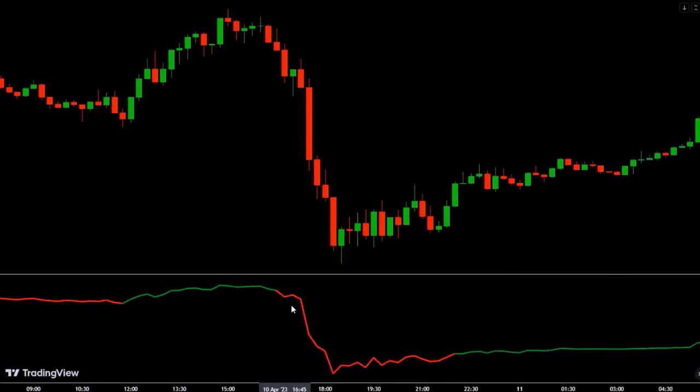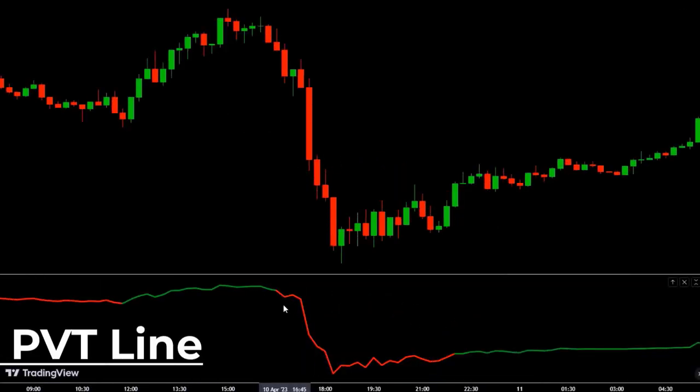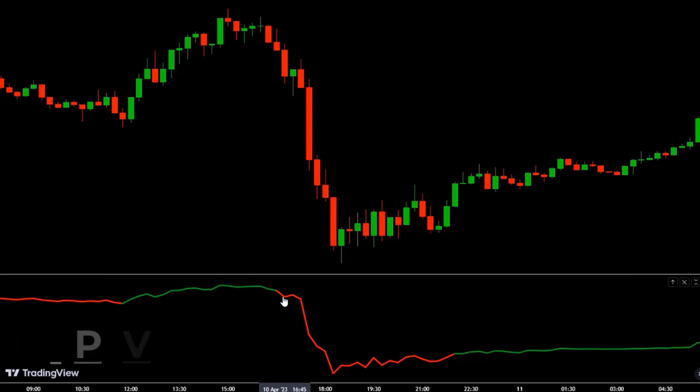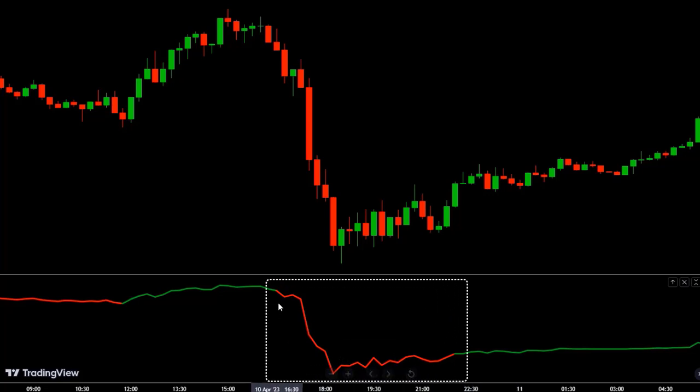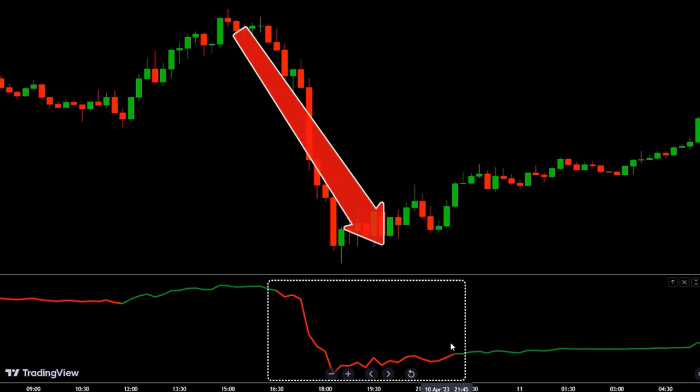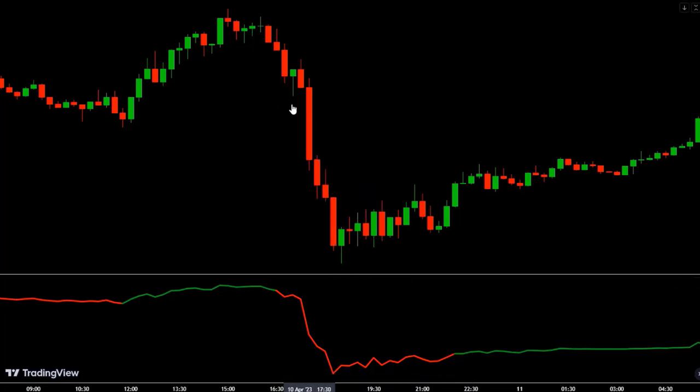The first component of the indicator is the PVT line. This is the main component of the indicator and shows us the price-adjusted volume. The most basic way of reading the indicator goes as follows. If the PVT line is red and moving in the downward direction, it indicates that there is selling pressure in the market. This means that the number of sell orders is increasing and traders are willing to sell their shares at lower prices. So if this occurs, we can assume that the price will be moving in the bearish